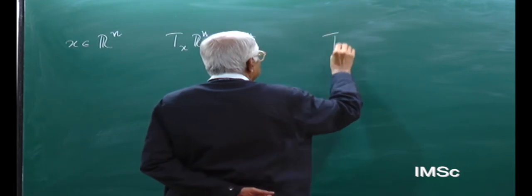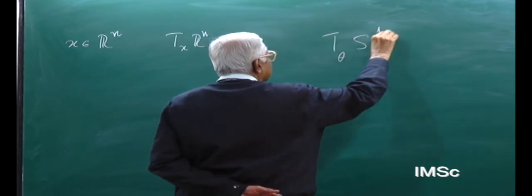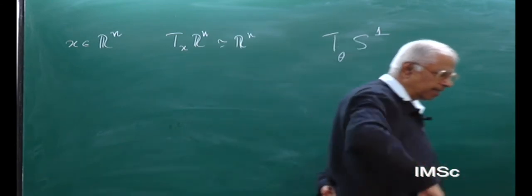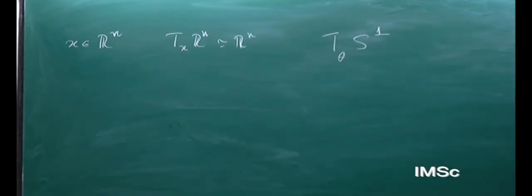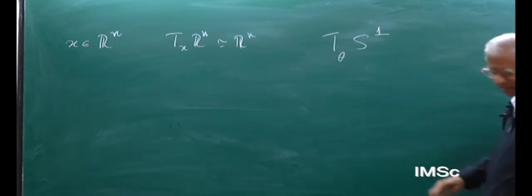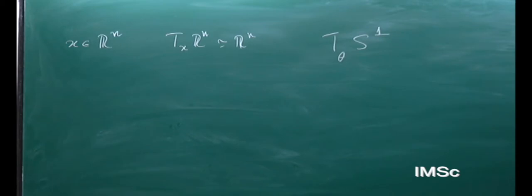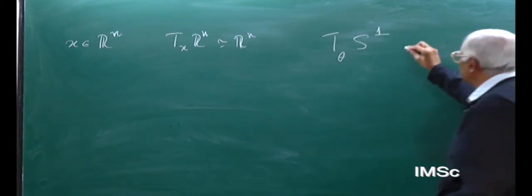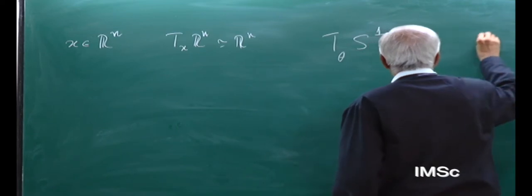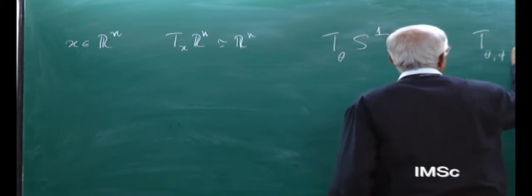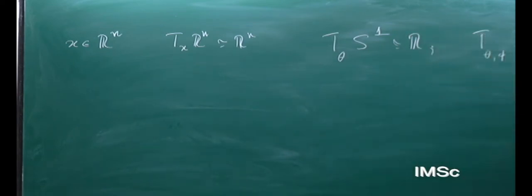Then suppose you take the circle in the plane, and you parameterize points with the usual polar angle theta. What would be the tangent space to the circle at any point of it? So we would say it is R. What about, and this is something we have done yesterday, you take a point on S2 with spherical polar angles theta phi and ask what is the tangent space of that? R2. Good. So all of you are really quite familiar, comfortable with this.